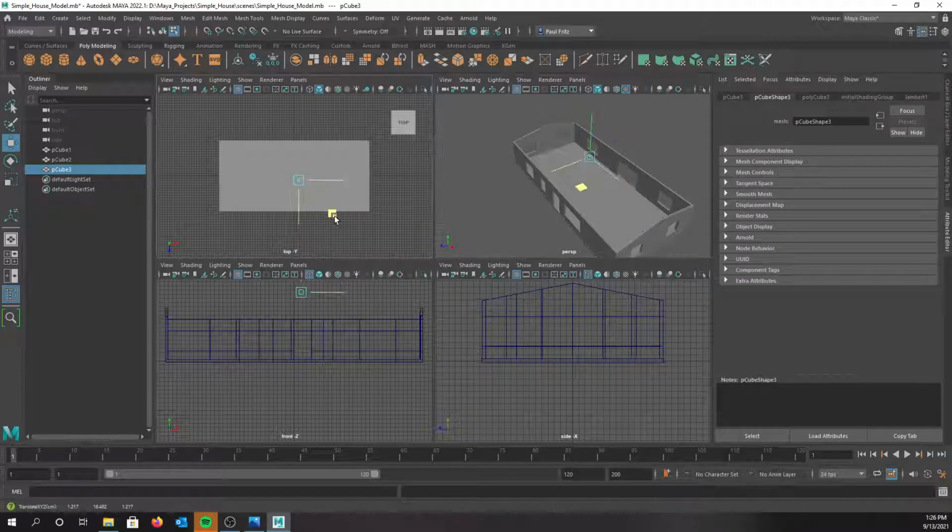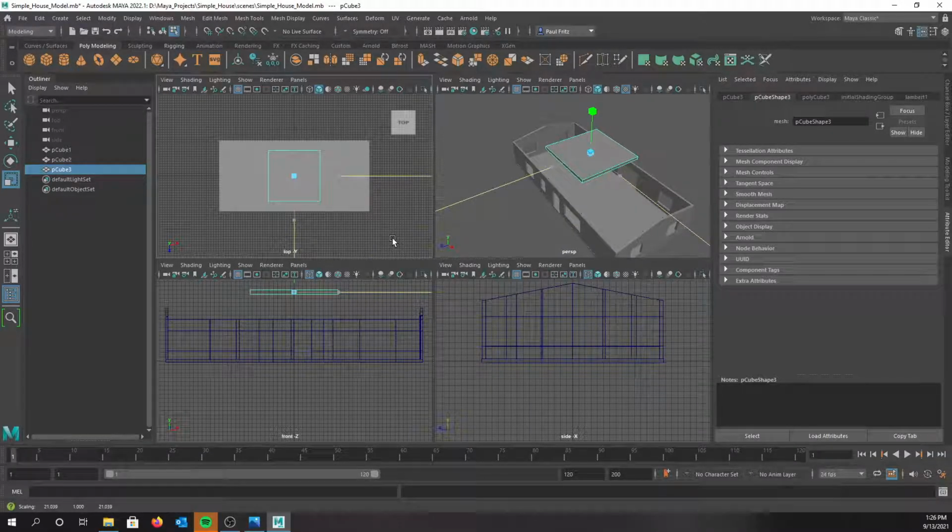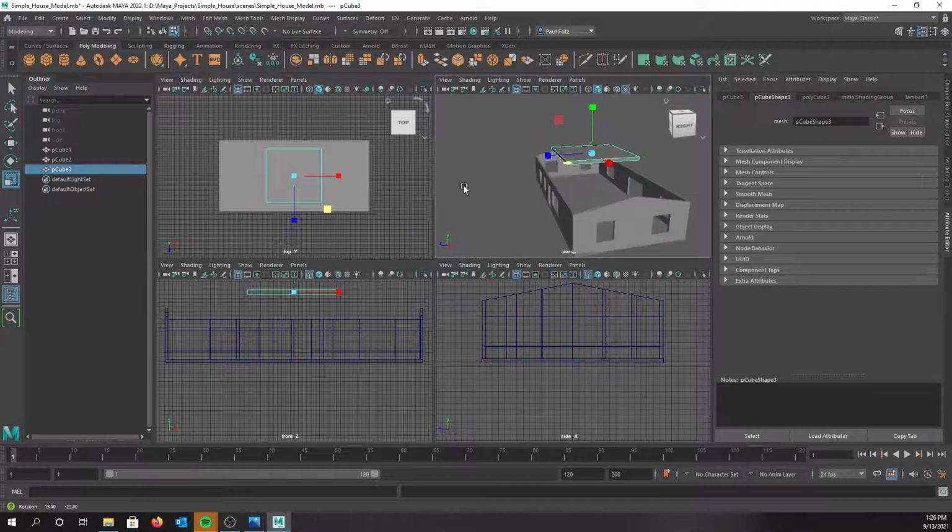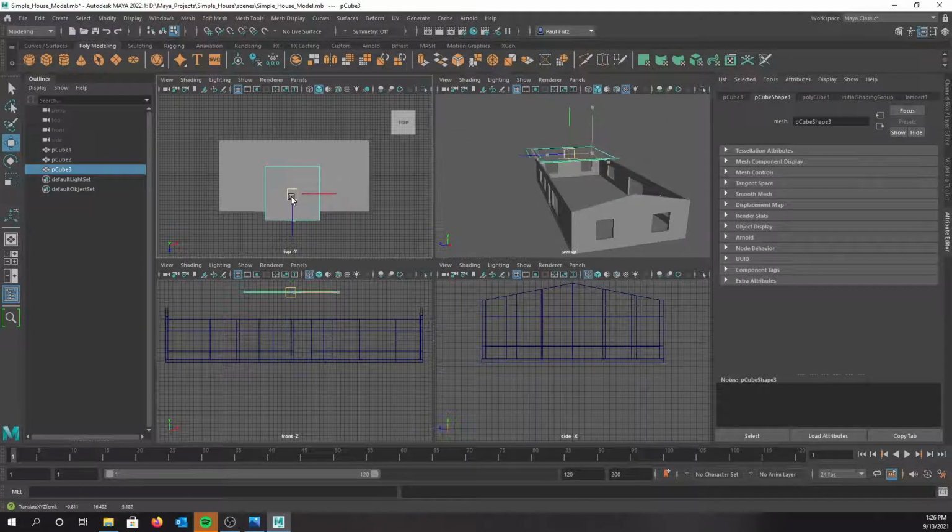So I'm going to go ahead and first change into the correct mode, and I'm going to pull this out a little bit, and you can see that the cube starts to grow. All right, and the other thing I want to do is thin this out so it's not so thick. So I'm going to push it down, something like that. Now I'm going to go ahead and start lining things up a little bit. I think something like that for maybe the overhang, and then I'm going to go ahead and grab it out this direction